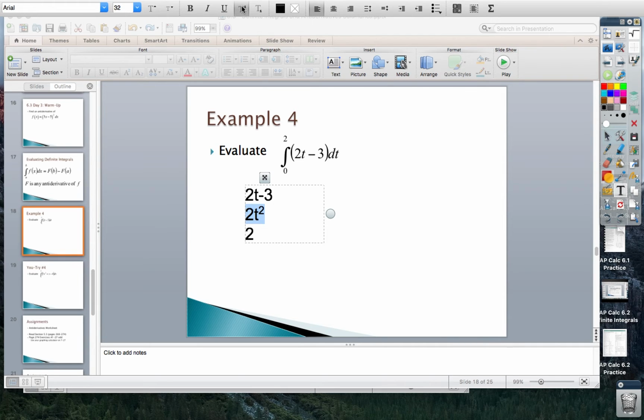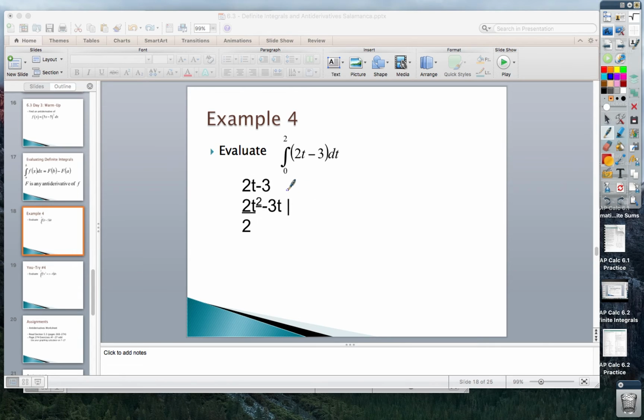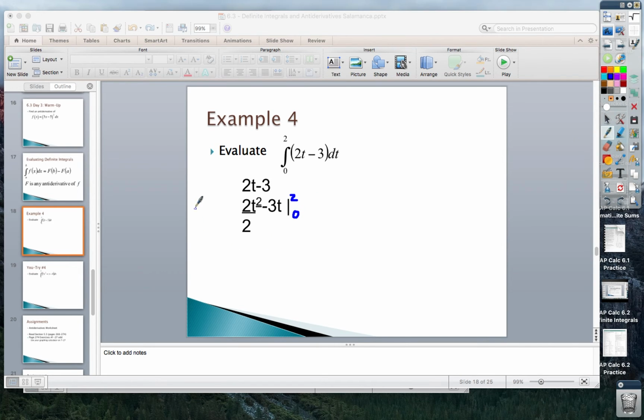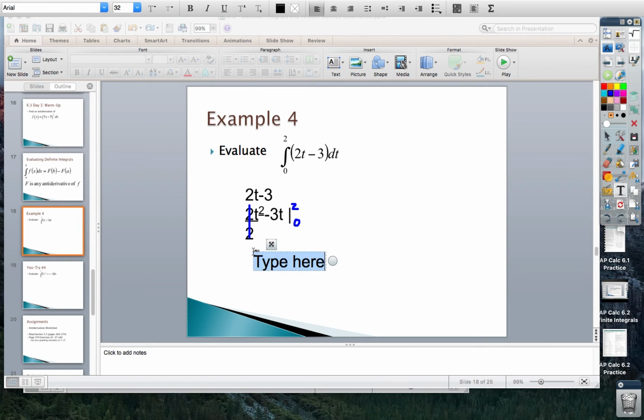Because remember, instead of multiplying, we're going to divide. And then we're left with minus 3t. And what we do with definite integrals is we write them up like so, have that little vertical line, and then we write 2 up at the top here, and 0 down here. And from there, we're taking our equation. Also, I'm going to take this 2 divided by 2 and simplify that so it's easier for us. So basically, you have t squared